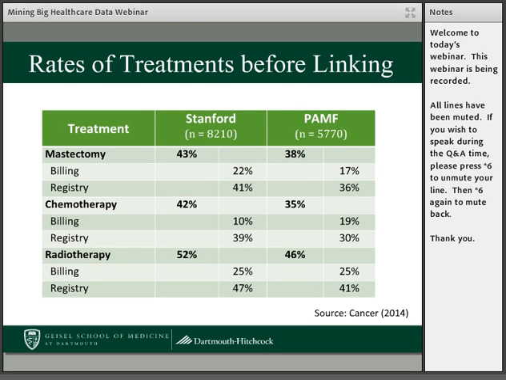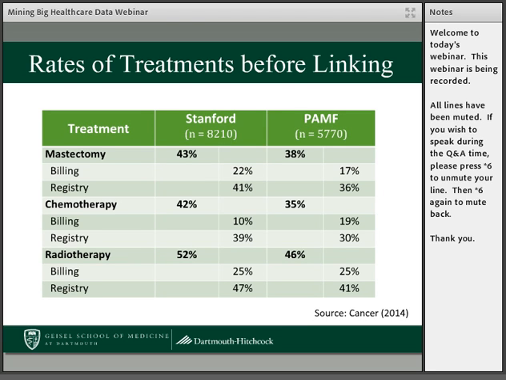But then when you look at the sources of data, you'll see some of the issues that come up in terms of quality. The billing records are the encounter data that comes from the electronic health record system. This is where the physician or health provider records a diagnostic code or a procedural code and enters it into a system. You see that the perceived rate of how many patients receive mastectomy is only 22%, versus the registry, where a registrar has manually gone through the records, looking at notes and other pieces of information, and found a rate of about 41% just at Stanford. So there's a twofold discrepancy here between the billing records and the registry records.